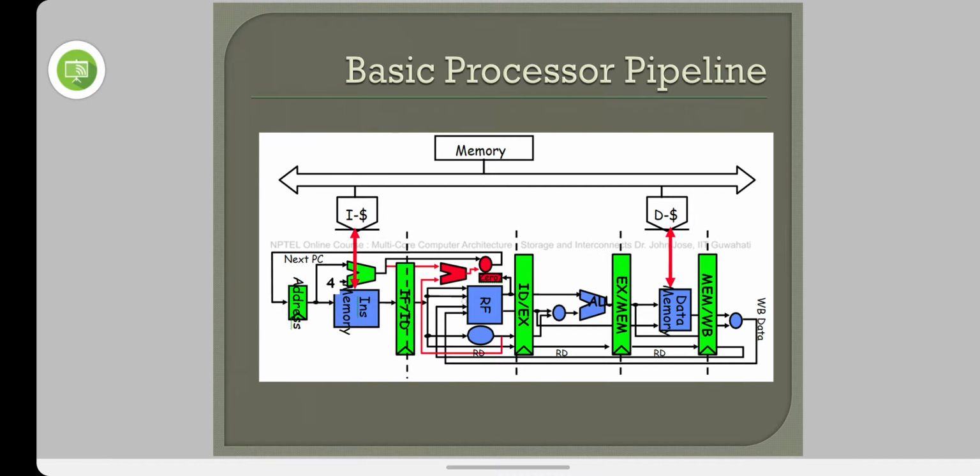Okay, so this is a 5-stage pipeline. This is a basic processor pipeline. Not all processors are going to have only 5 stages, there are multiple stages, but I am just giving you an example. And here in this basic processor pipeline, we are considering at max 1 cycle per stage. So each stage has to complete its work in 1 cycle only.